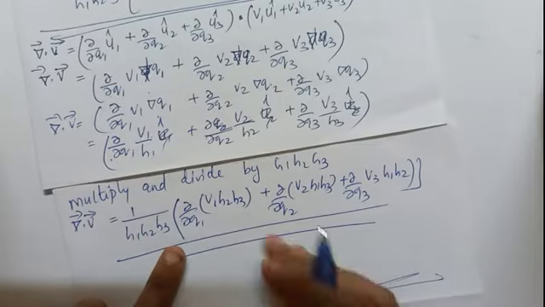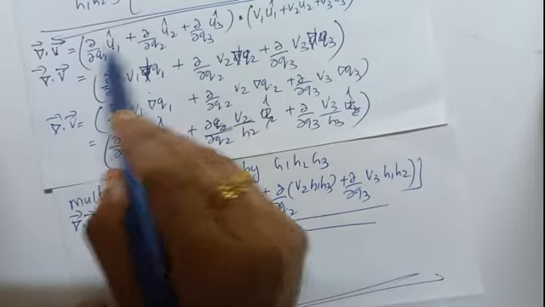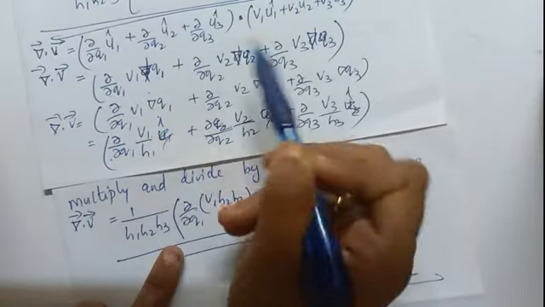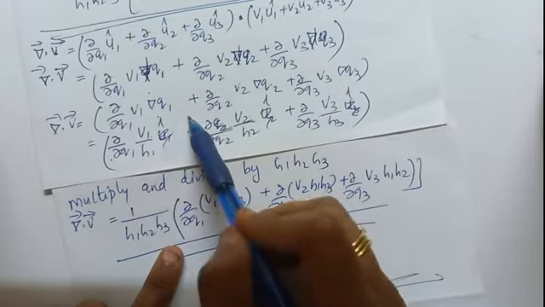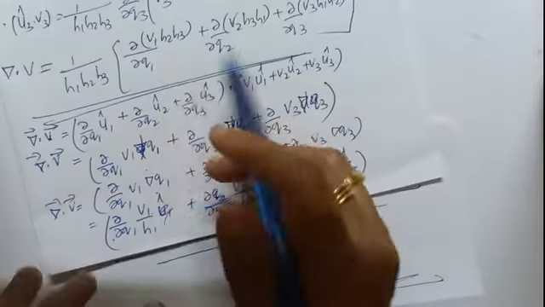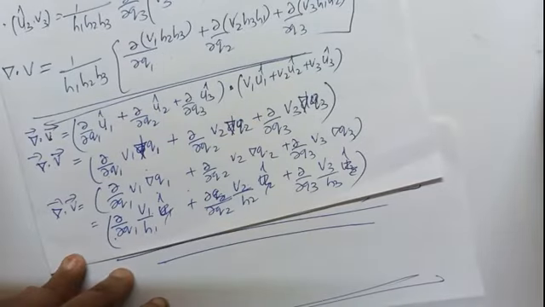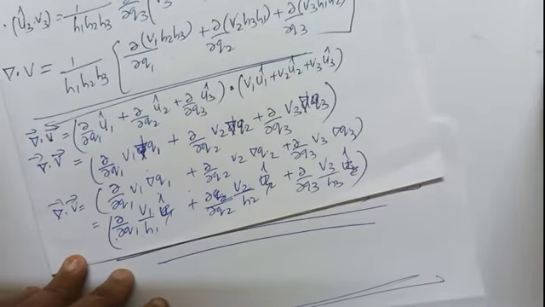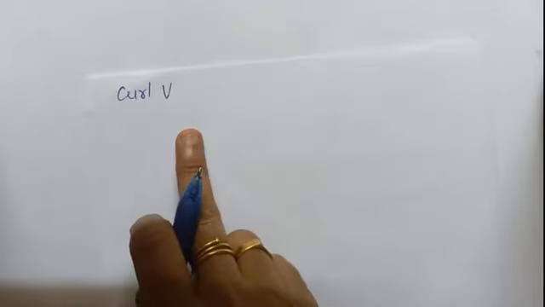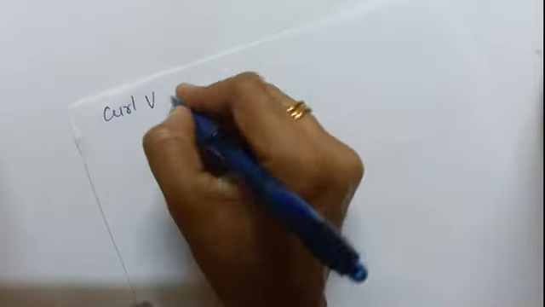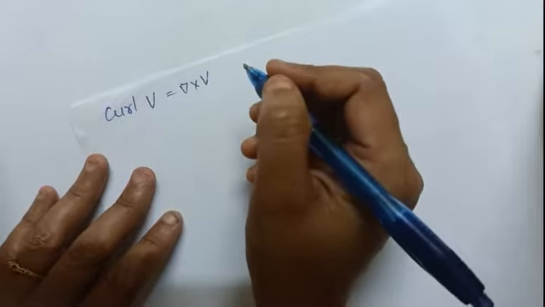So this is how we get the divergence in a very simple way. We just used del dot V, multiplied inside and used our orthogonal property, and we get the same result. A long procedure can be avoided if we do it in this simple way. Now we are studying the curl. Curl V means del cross V.